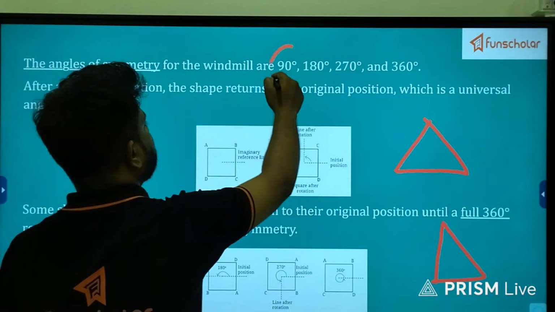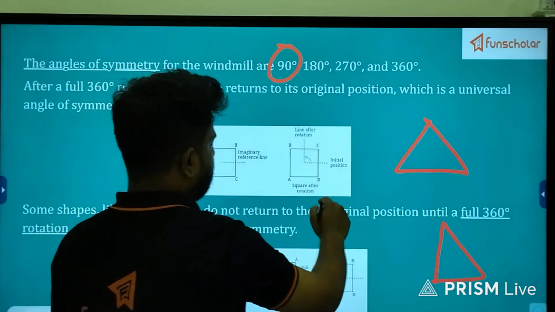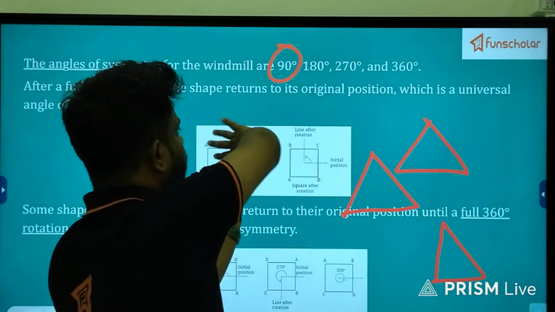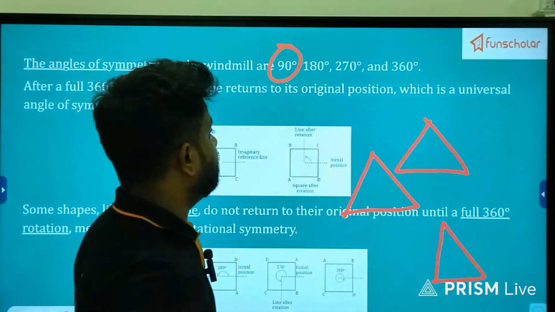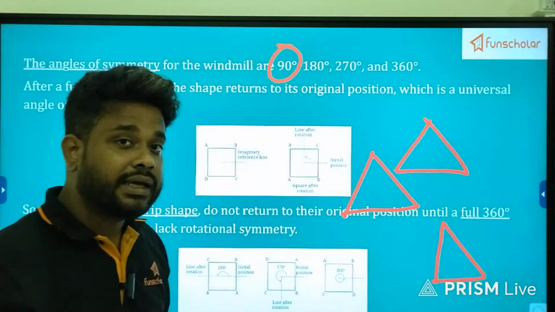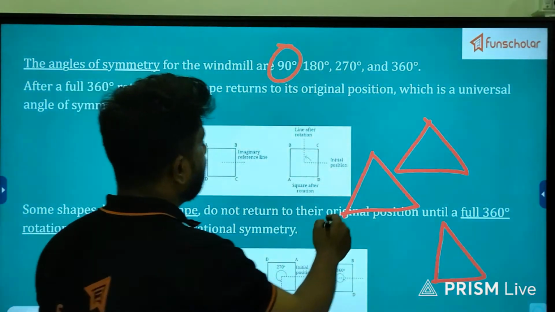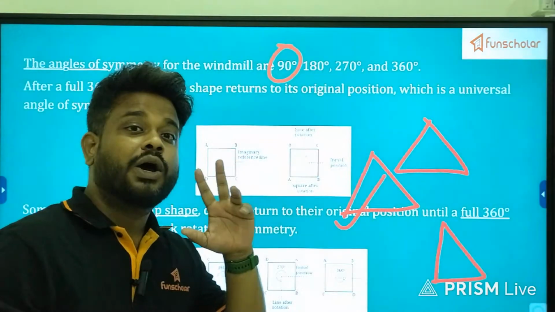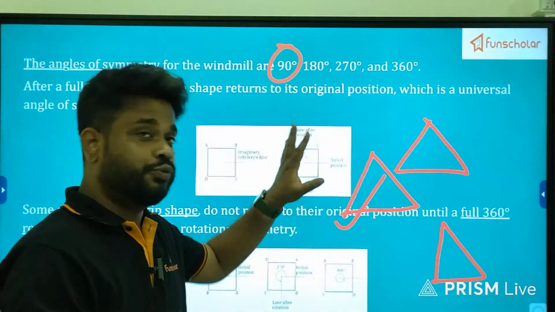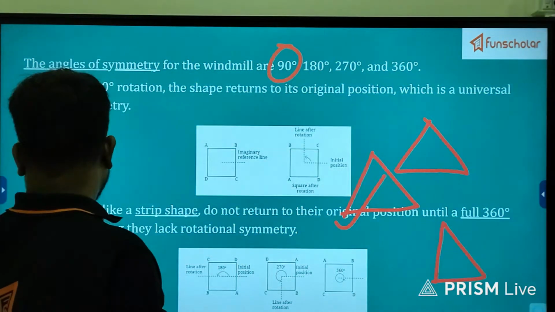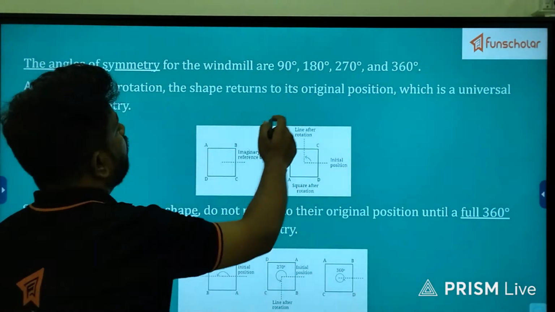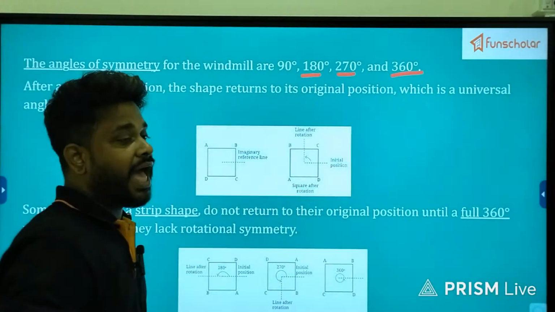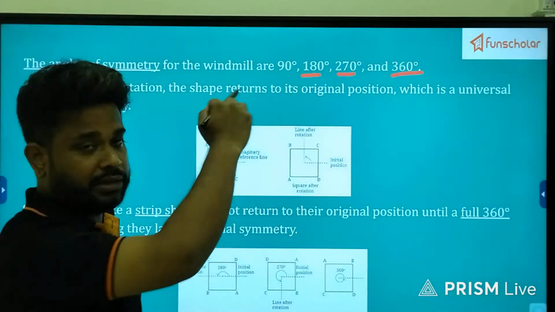Okay, after 90 degrees, if we flip this by 180 degrees, this will take another triangular form. The triangle will be looking like this. So a triangle has a rotational symmetry. This proves that. And talking about 180, 270 and 360 degrees, after having a complete turn, a 360